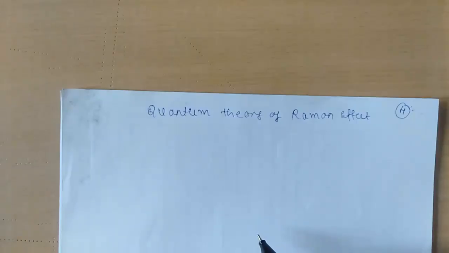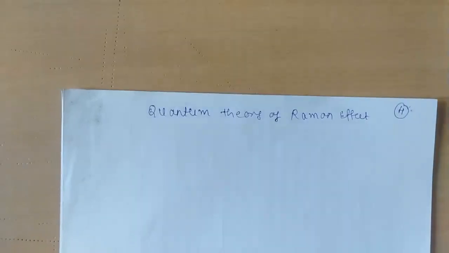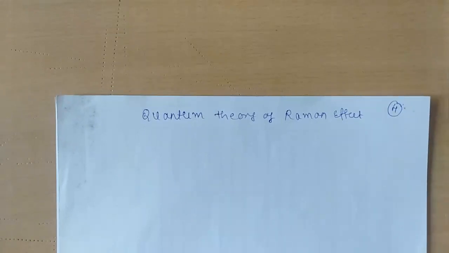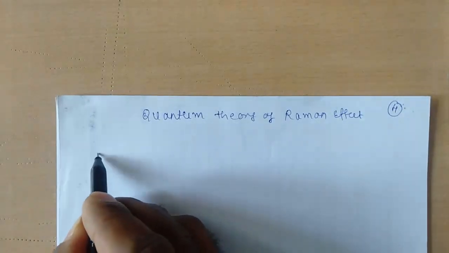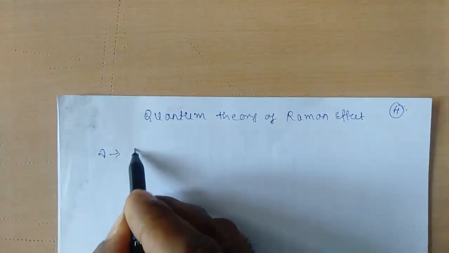So after studying the experimental arrangement of Raman effect, now we shall see the quantum theory of Raman effect. Classical theory fails to explain the existence of Stokes and anti-Stokes lines. Therefore, with the help of quantum theory, we will study how the Raman lines, that is Stokes lines and anti-Stokes lines, exist. According to the quantum theory of light, let nu be the frequency of incident light,